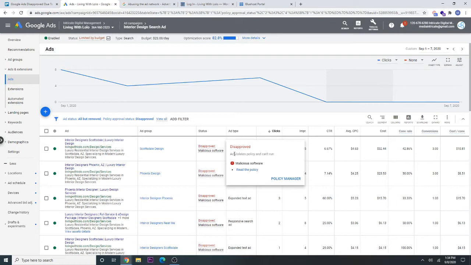So you'd want to submit an appeal by calling them or supporting them via chat, and say, hey, look, our website's not hacked, it hasn't been compromised, and I think it's a problem on your end, or a campaign or account issue. Sometimes I see that as an issue. In this scenario, it was not, so we're going to go to the next step. But basically you'd figure that out if that appeal comes back and you get an email notification again.